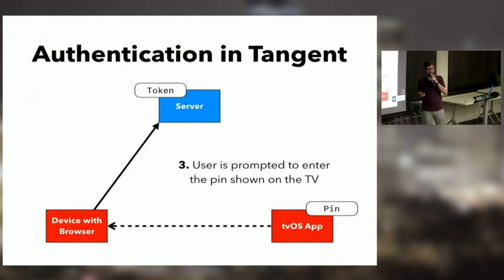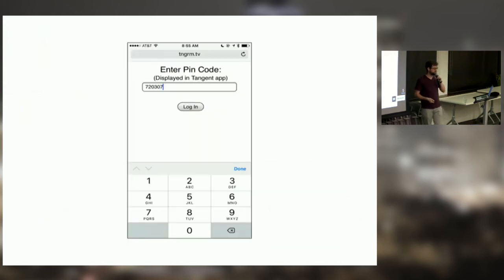The next step is that on the device with the browser, it switches after authentication occurs and says, hey, enter that big PIN code that's shown on the TV, basically. And what that allows me to do is join the token with that PIN code. So that's effectively the user transmitting the PIN code to the server and me linking that token that I got before with that PIN code. In my app, I'm not a web developer, so this is not exactly a beautiful form, but that's what it looks like. It basically asks you to enter the PIN code that you have.